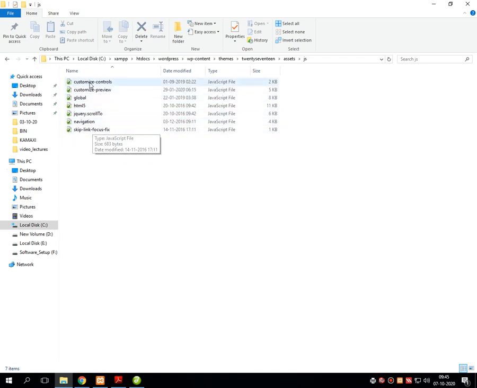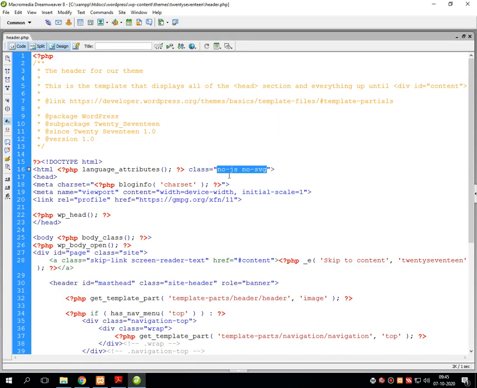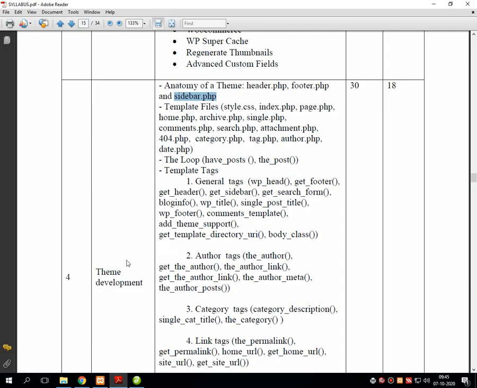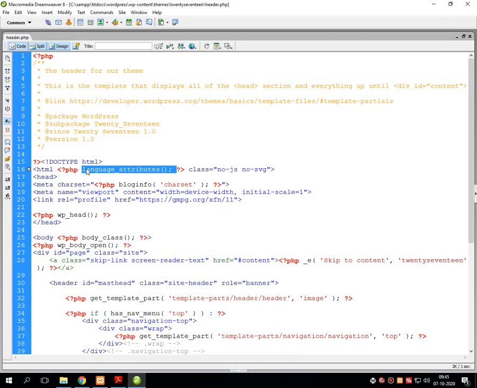Right now we will not focus more on these, because this theme is already designed by professionals of WordPress development. This language attribute function is not mentioned in our syllabus, but still we'll have an idea about language_attributes.